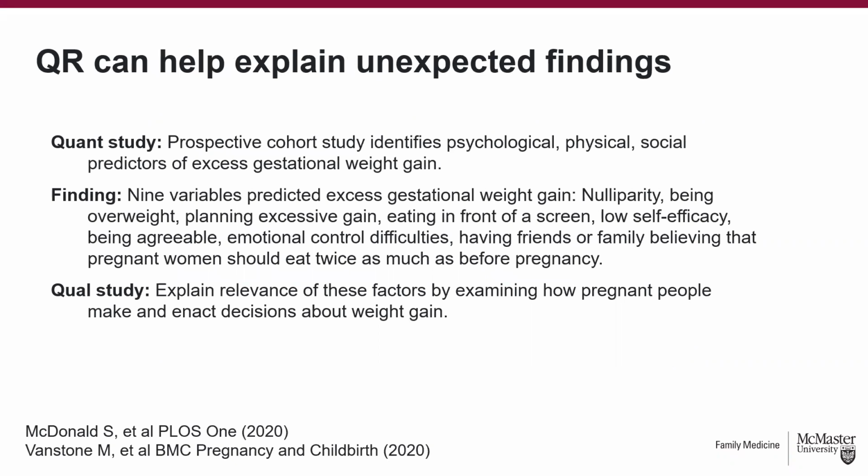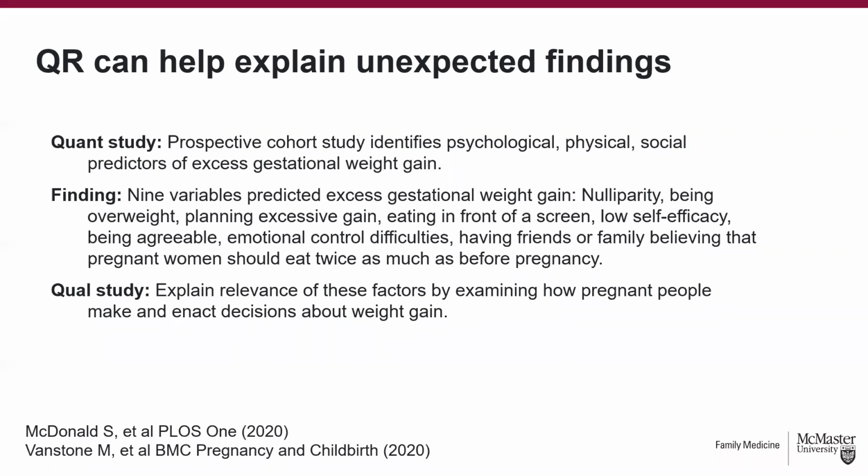Qualitative research can also be used to explain unexpected findings. So here's an example, and the citations are at the bottom. First, we did a prospective cohort study to identify the psychological, physical, and social predictors of excess gestational weight gain. And the findings from that study, which were published in PLOS ONE, were that we found 9 variables which predicted excess gestational weight gain, and they were nulliparity, being overweight, planning to gain in excess of the guidelines, eating in front